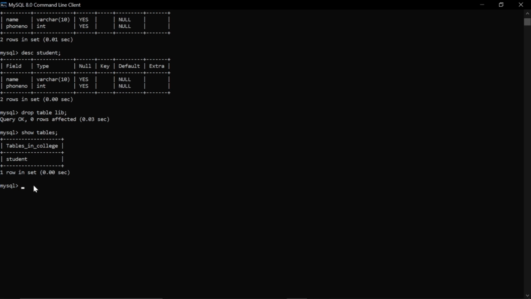Now suppose I am creating another table named student, but before I used small letters for creating the table, and now I want to give the name with capital letters. So now I am creating a table, create table, and I'm using STUDENT in capital letters.